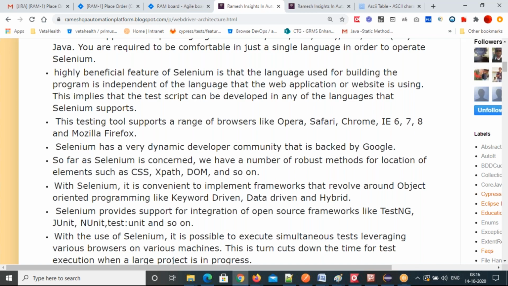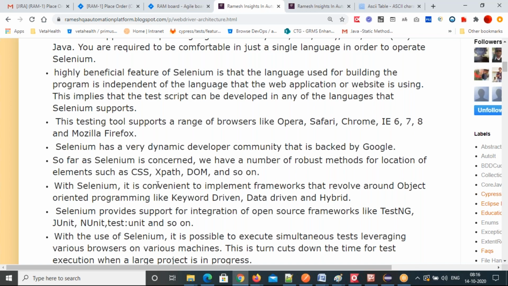If you're using Python, you can use PyTest. So different frameworks are supported by Selenium based on the programming language. That's another advantage with the Selenium tool. And also you can create customized frameworks, and that will be supported by Selenium.